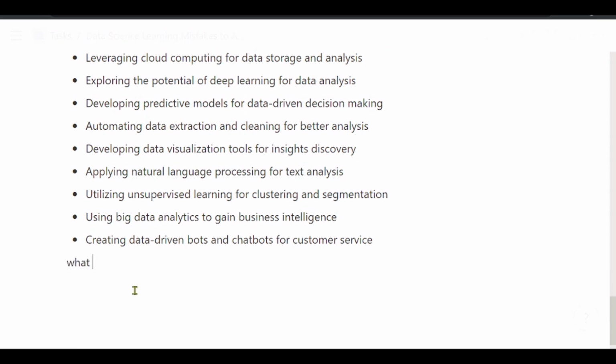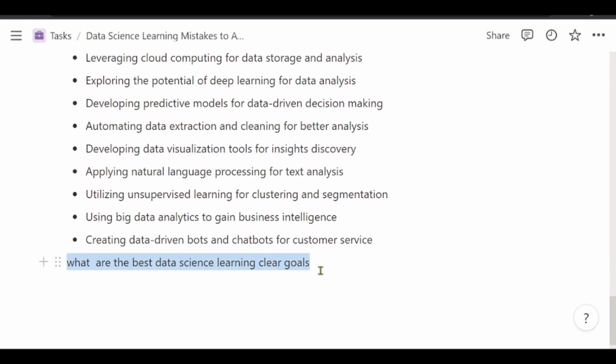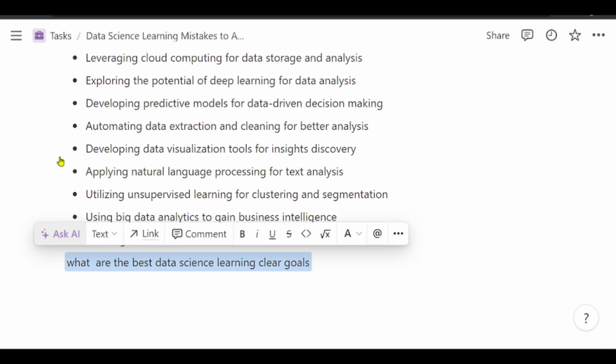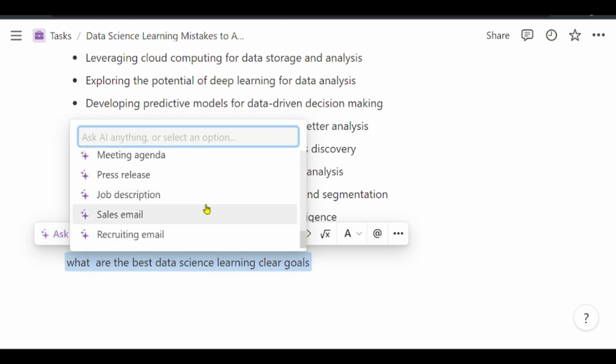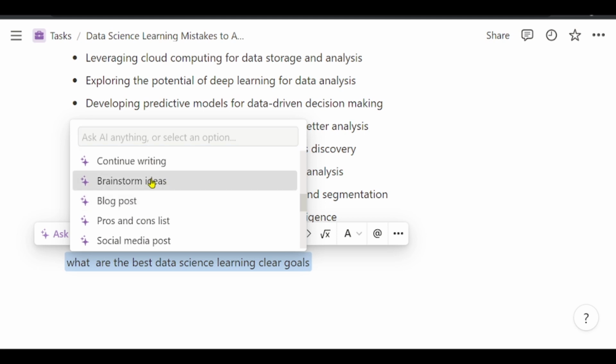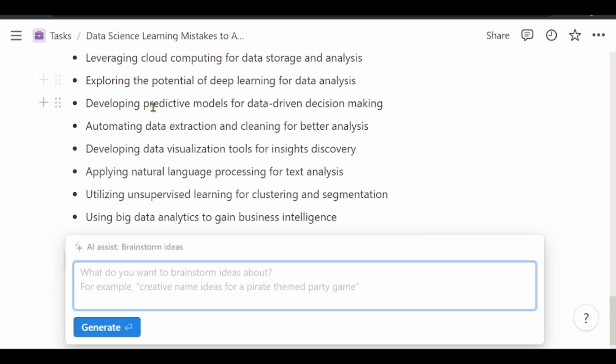What are the best data science learning clear goals? That's interesting. Let us see what it will generate. So ask AI, brainstorm ideas, generate.